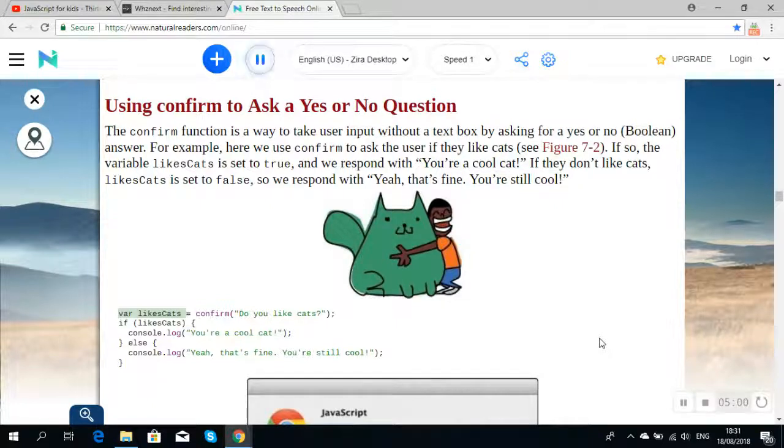var likesCats = confirm("Do you like cats?"); if (likesCats) { console.log("You're a cool cat."); } else { console.log("Yeah, that's fine. You're still cool."); }